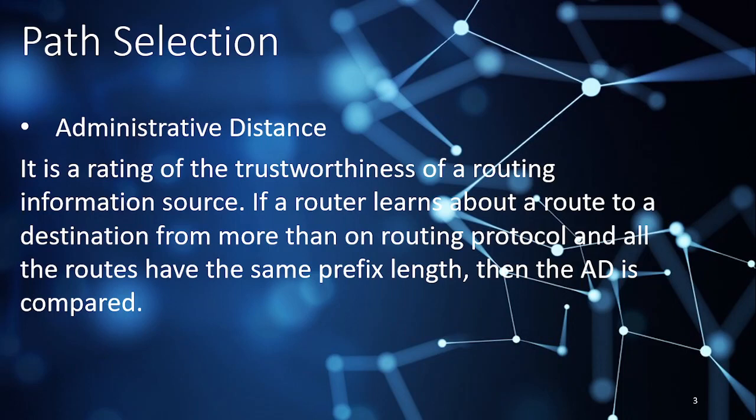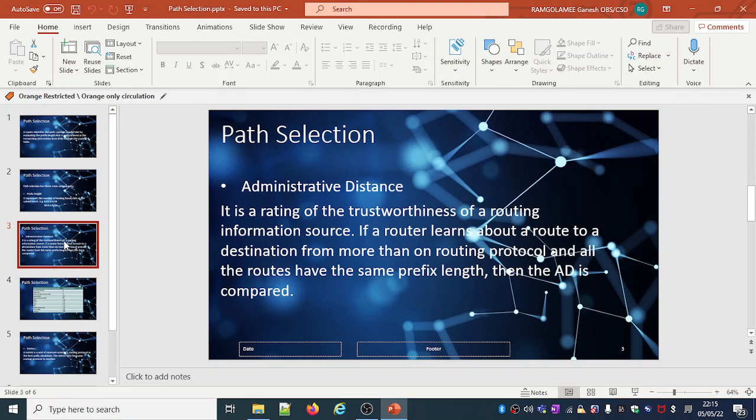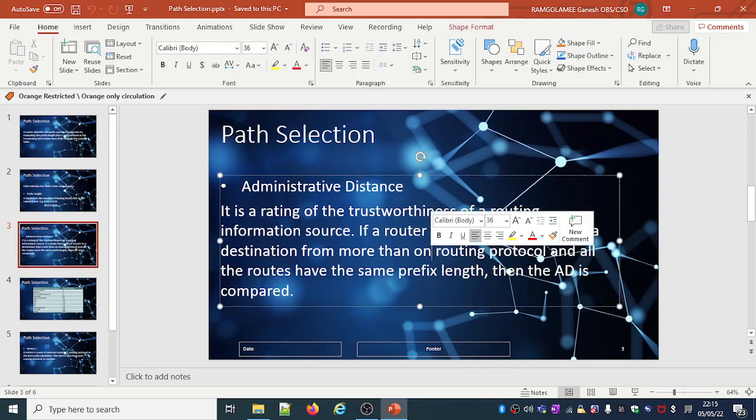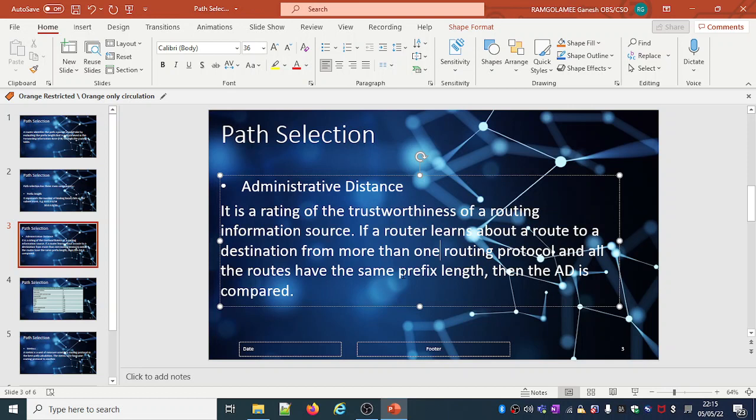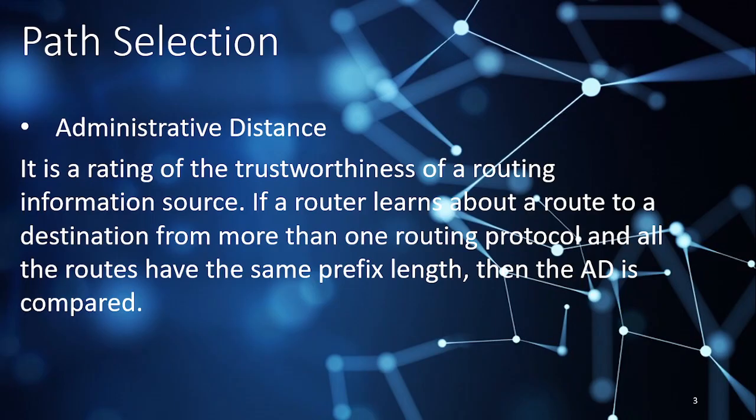If a router learns about a route to a destination from more than one routing protocol and all the routes have the same prefix length, then the AD is compared. So what is it trying to say here? If a router learns from more than one routing protocol, for example EIGRP, OSPF, or routing information protocol. So if a router learns from three different routing protocols, then